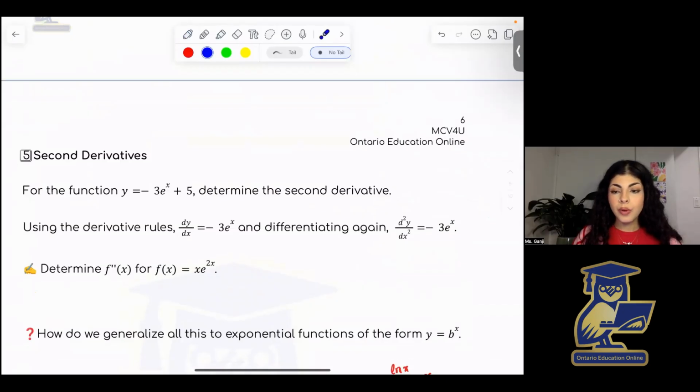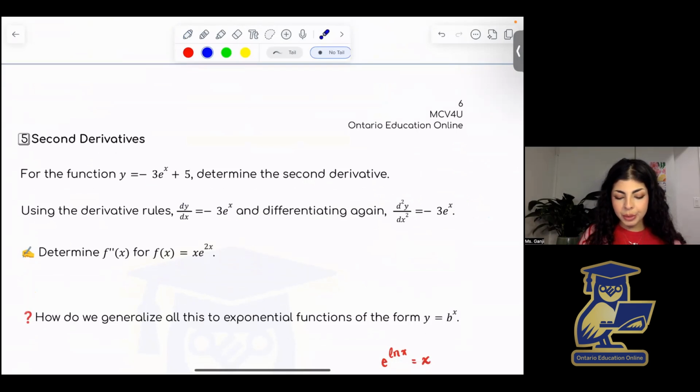We can now also find the second derivative for exponential functions. So we've seen higher order derivatives, and now it's the same process. You just find the first derivative and then find the derivative of that to find the second derivative. So given the function y equals negative 3 e to the power of x plus 5, we want to find